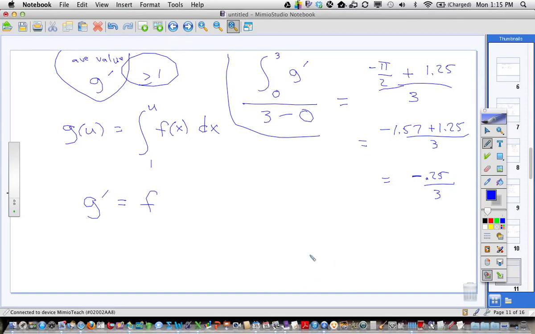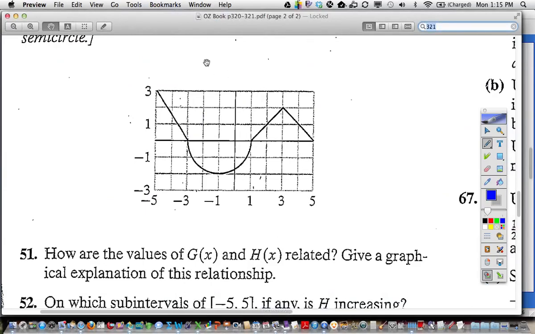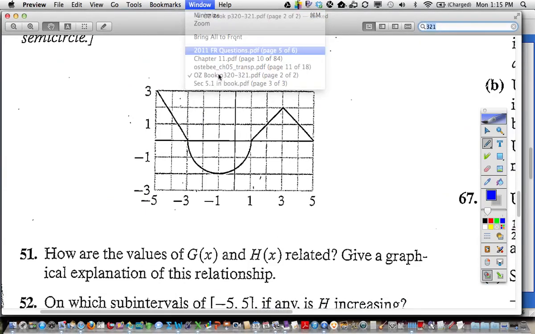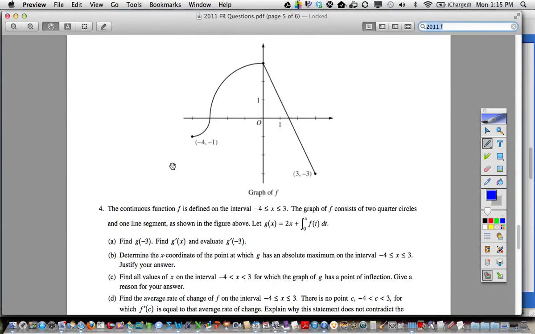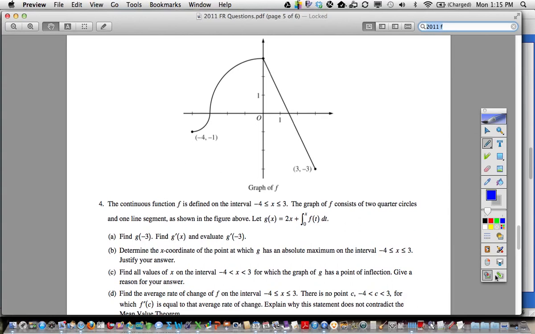Okay. Let's take a look at that 2011 packet, because I think this is another problem. This is problem number 4. Maybe you tried it, maybe you didn't, that's fine. If you did not,